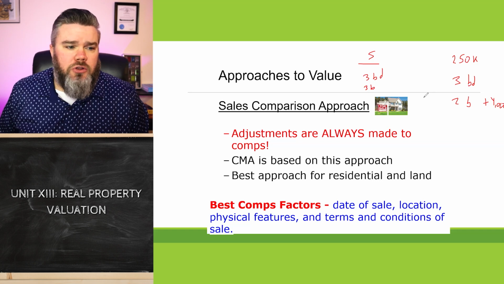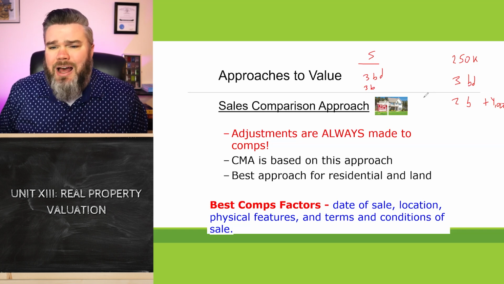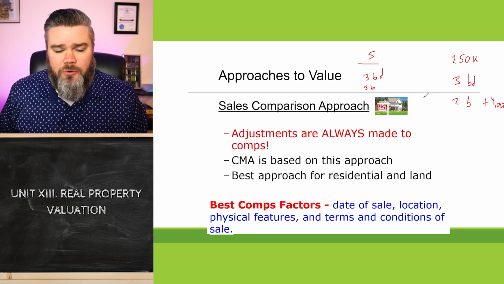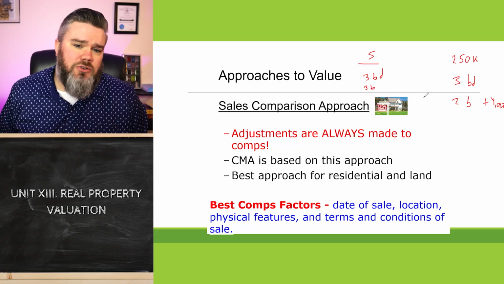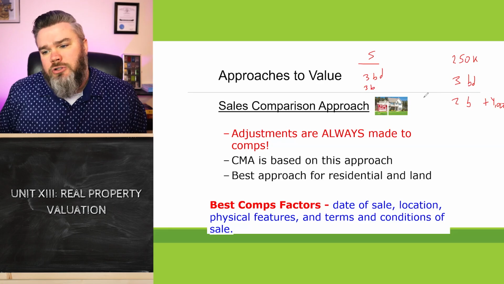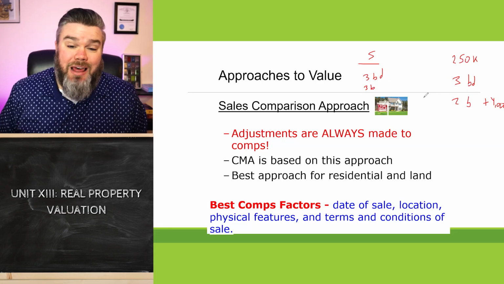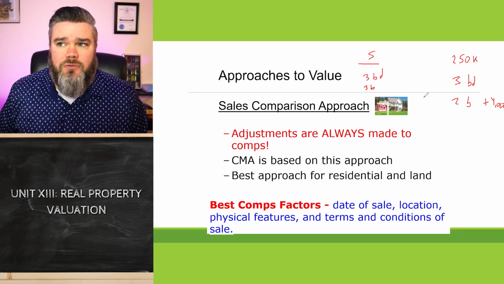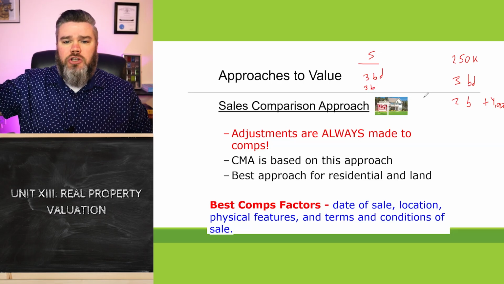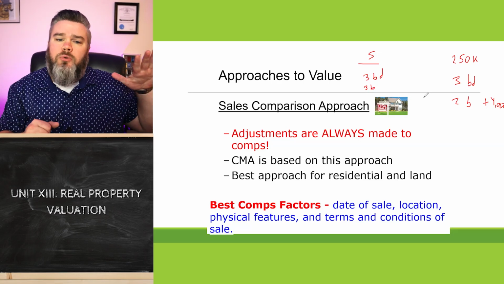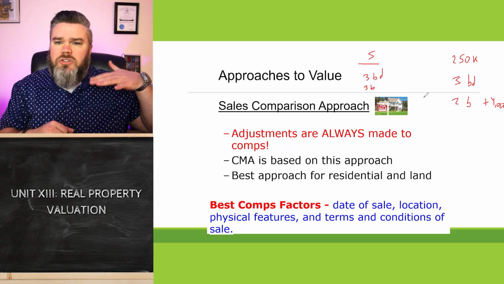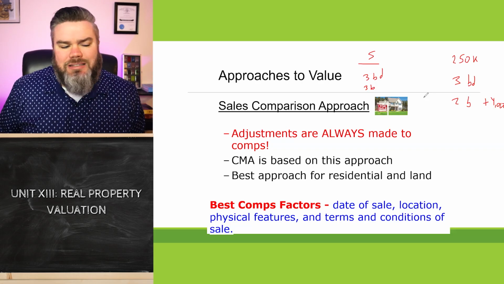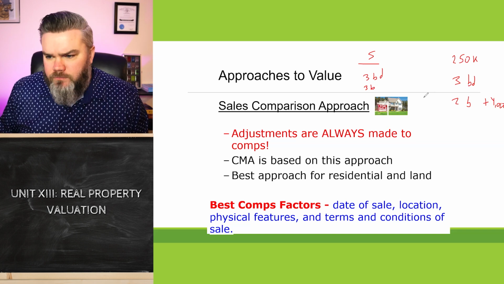You also want to make sure that you compare like-kind properties. You cannot use a townhouse as a comparable for a single-family detached. You can't use a manufactured as a comparable for a modular, so on and so forth. Even on top of that, you want similar amenities also. So if you've got a single family detached in a neighborhood with no HOA, no amenities, it's not going to be a good comp for an HOA community with 6 pools and a golf course. They're just different things. And so as similar as possible.